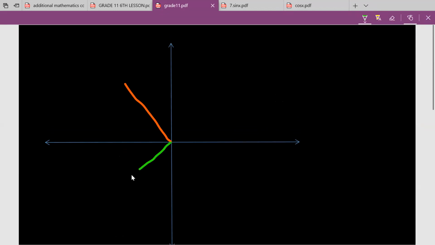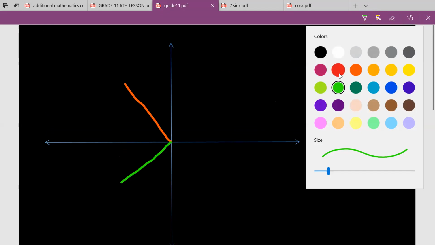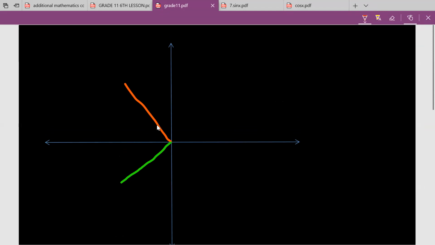We have angles in the second and third quadrant. I told you there is a symmetry between these two solutions. So that means these acute angles will be equal to each other. Since here is 113.6 degrees,